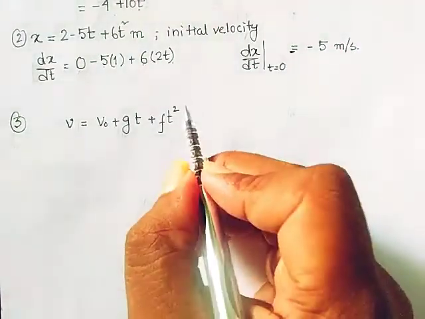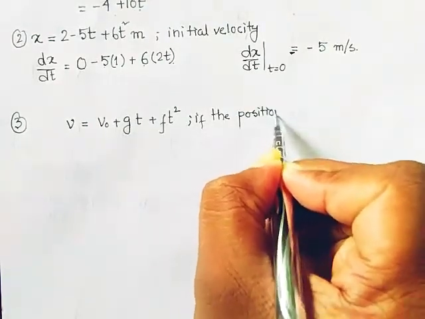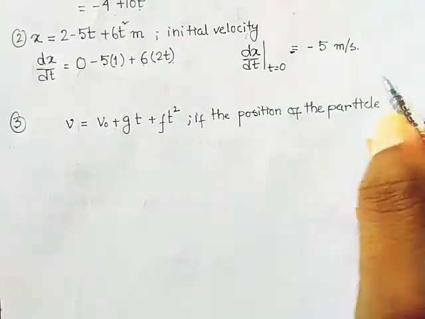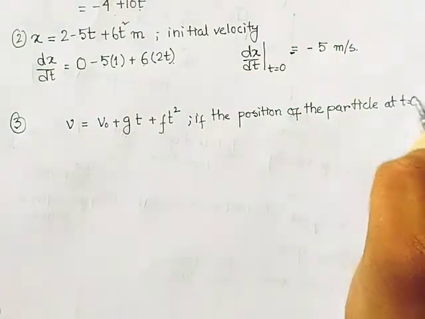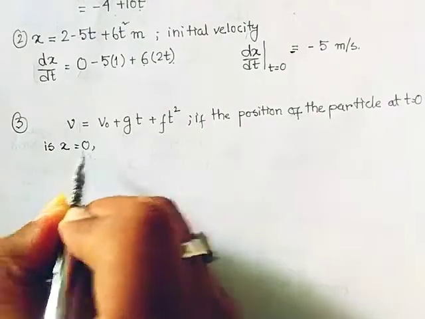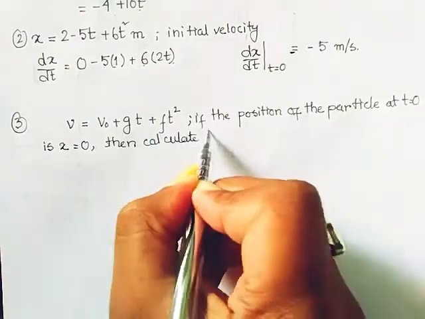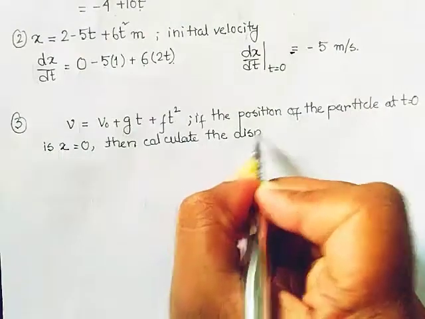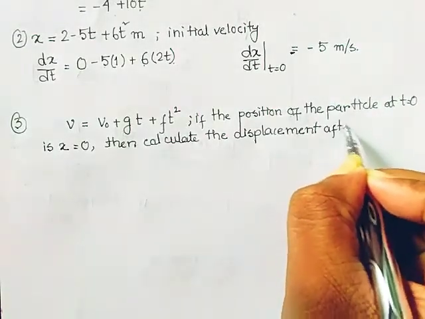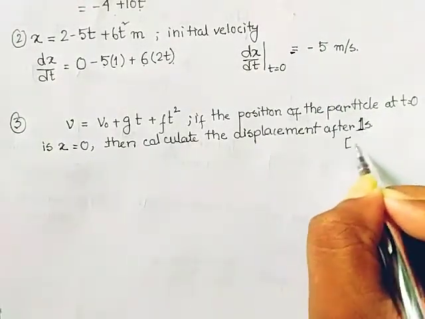Okay, if the position of the particle at t equal to 0 is x equal to 0, then calculate the displacement after 1 second or unit time. So this question comes in AIEEE